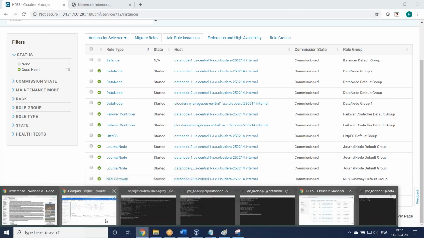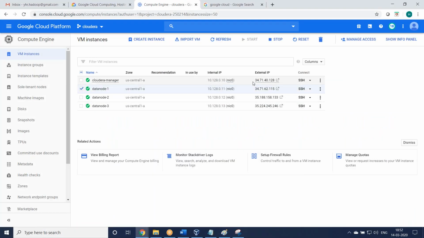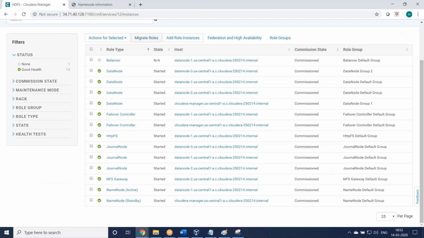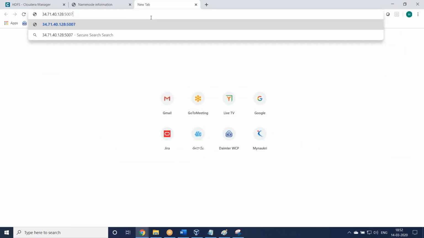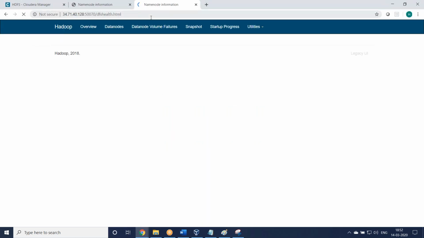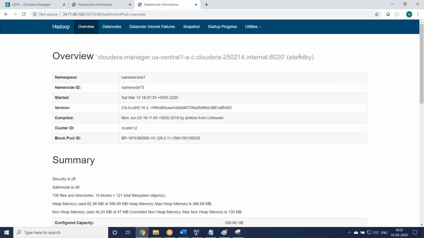We need the Cloudera page IP, port 50070. Here it will open the standby name node. You see, standby. This we have seen in the Apache Hadoop installation, active and standby.